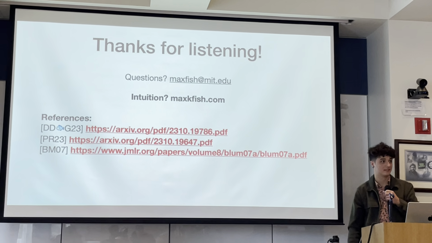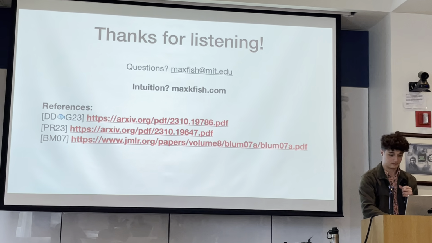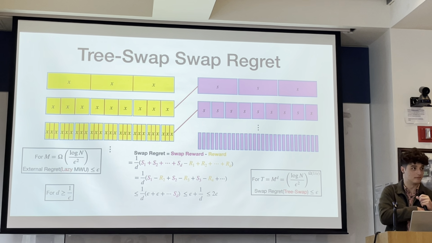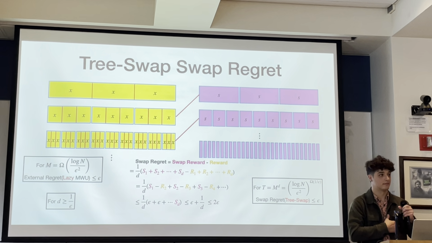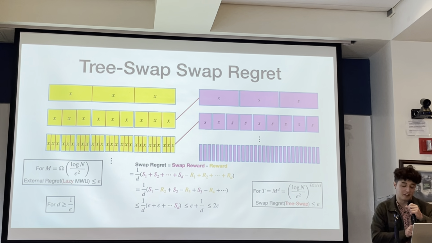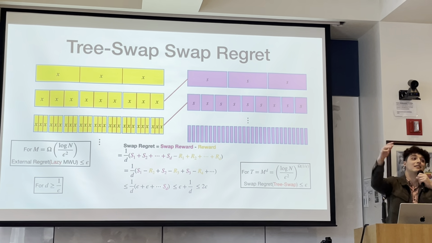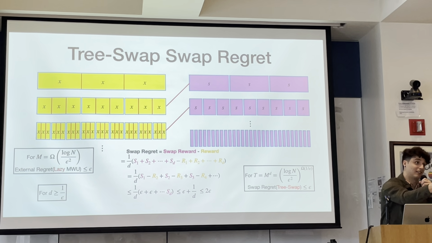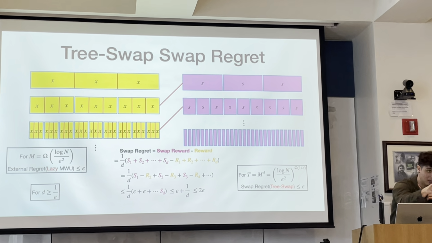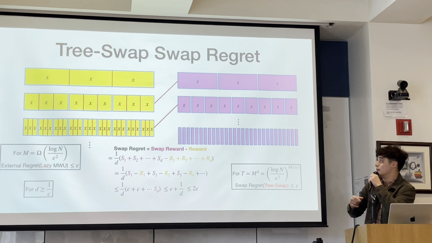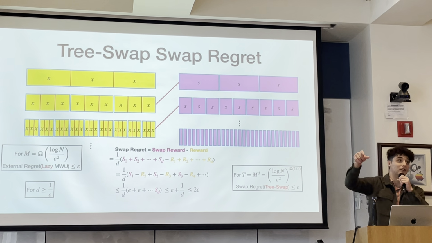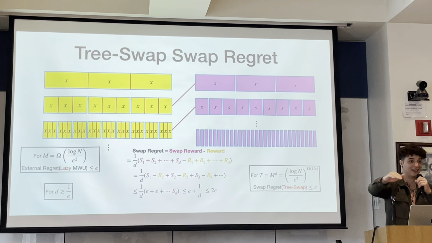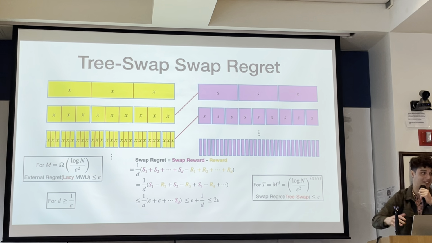Yeah, go for it. On the previous slide, was there a factor of m? You're comparing yourself to a lazy multiplicative weights step algorithm, so there should be a block size coming into that? Yeah, so I've simplified everything by talking about external average regret as opposed to total regret. For the sake of clean slides, I've removed the 1 over t terms to clean things up.